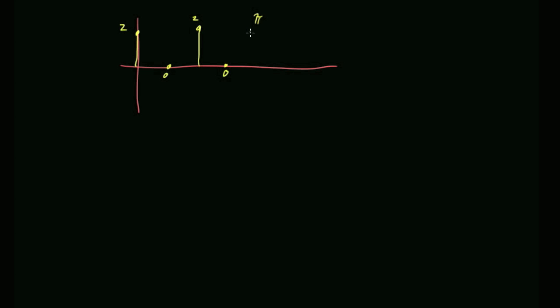Frequency is still pi, but whereas before the DC offset was 0, now my DC offset is 1. The average value over one period is 1. And what's the frequency of a DC offset? It's 0. So in theory, if I were to take the signal 2, 0, 2, 0,